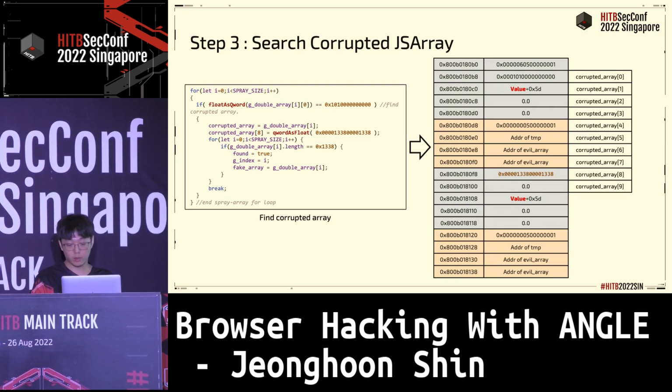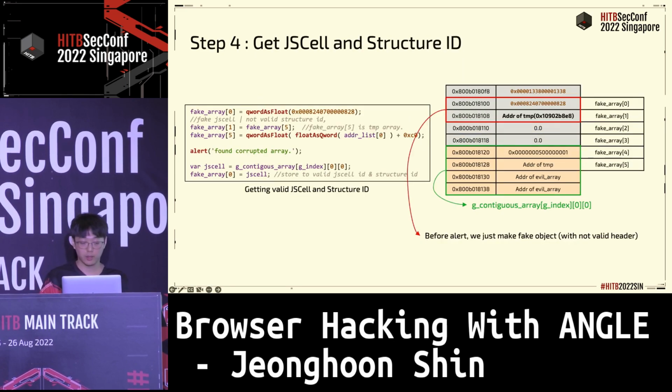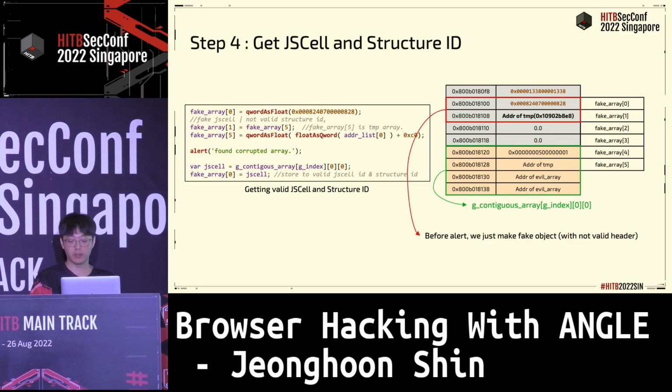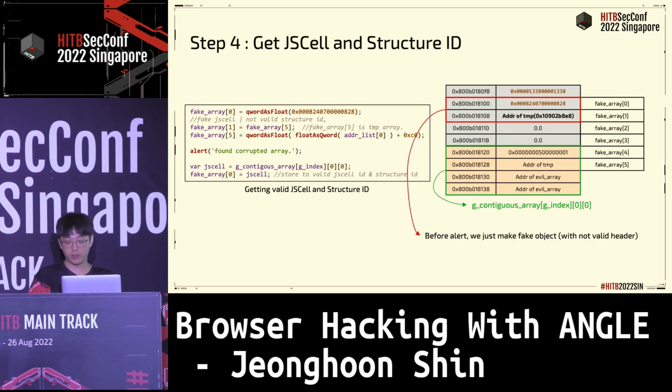Now we can do something with this fake array. One of them, for stable exploitation, we can get a valid structure ID of a JS object. This code is getting a valid structure ID. It is a little bit complicated, but it is fun. It is easy to understand the code by following it line by